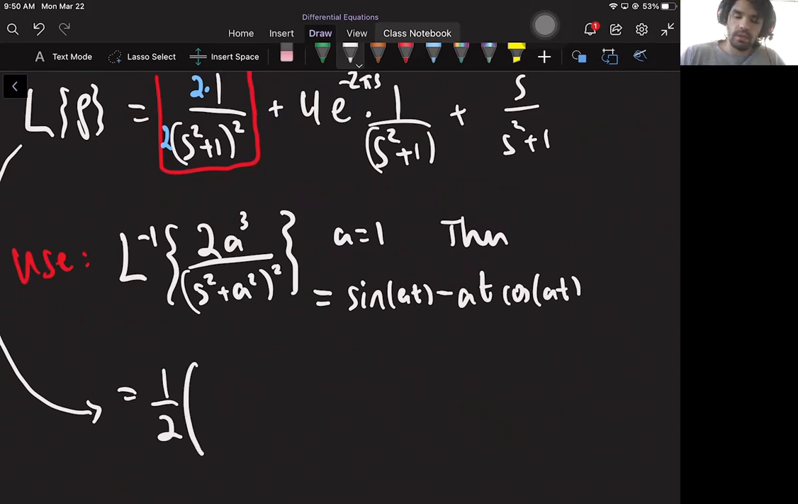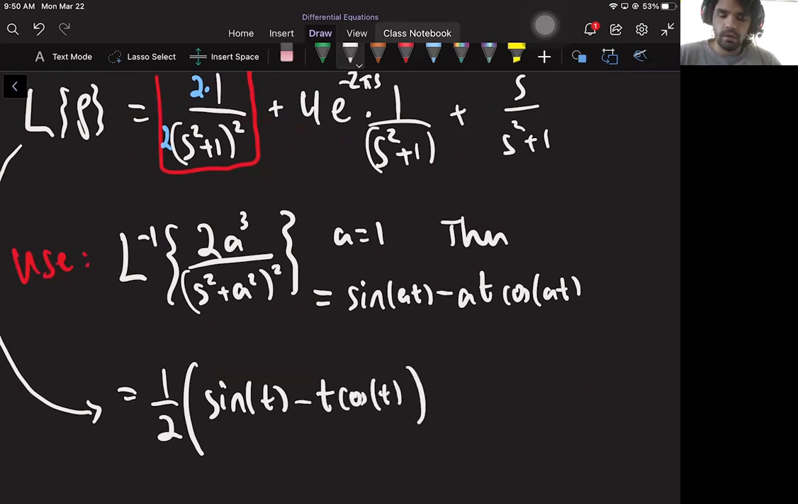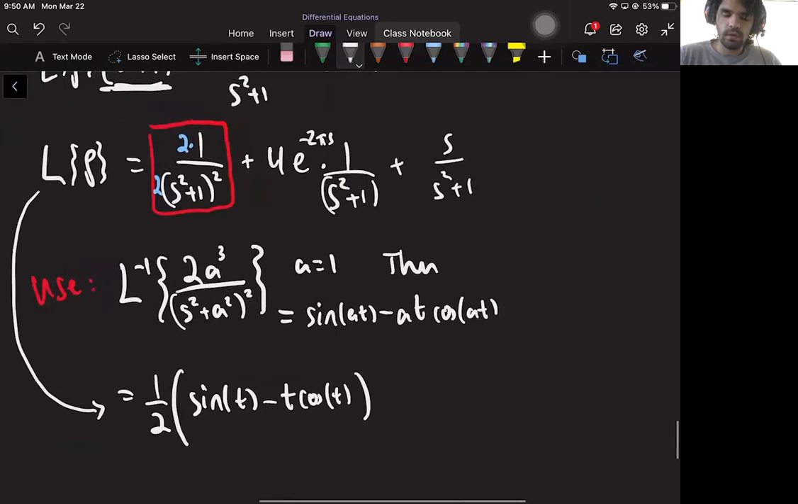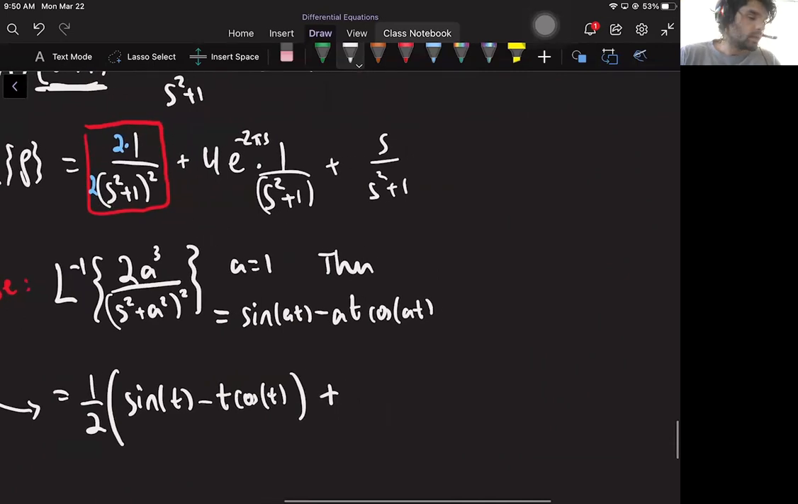So this is going to be sine of 1t minus 1t cosine of 1t. Okay, so that's not so bad. You just look it up in the table. You have to be a little bit clever to see that 2 just needs to be multiplied there and divided. And then the rest of them I think are the same. So this is,